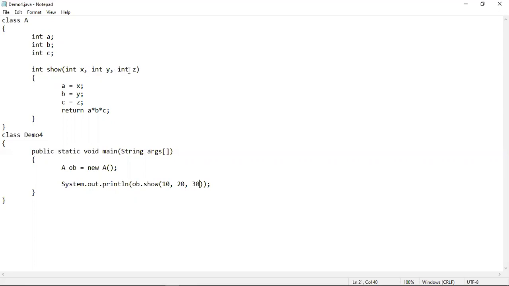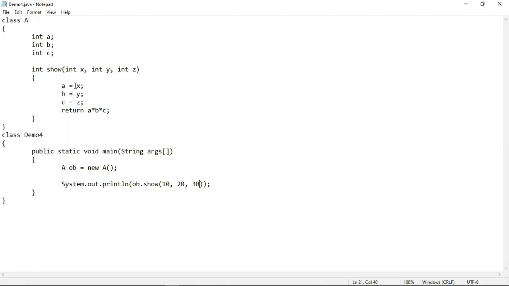So these x, y, z are also variables which are known as local variables, because the parameters of a method are treated as local variables, as well as the variables that we declare inside a method body. In the previous program, we have taken a variable r in order to hold the returned value a into b into c inside the main method, which is a local variable.